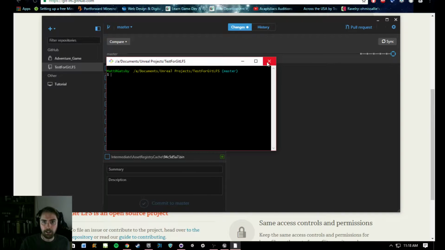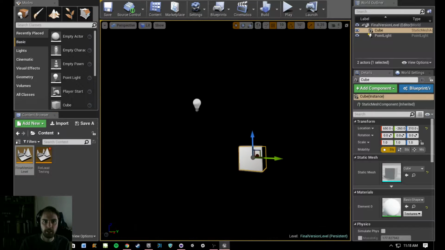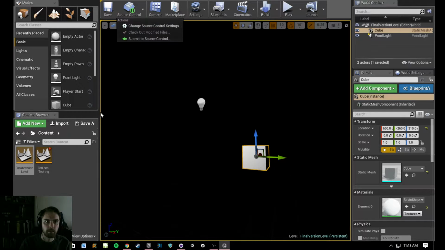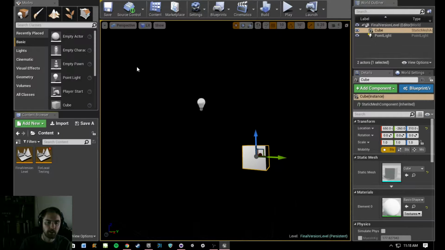I think with that, that's everything. I hope that this was helpful to some people. This makes versioning really easy. Anytime that you start working, you can come in here and just synchronize, and then open up Unreal Engine and